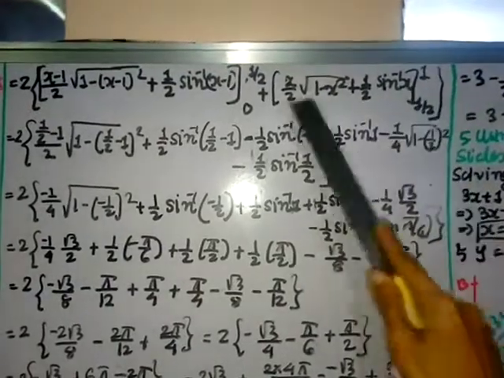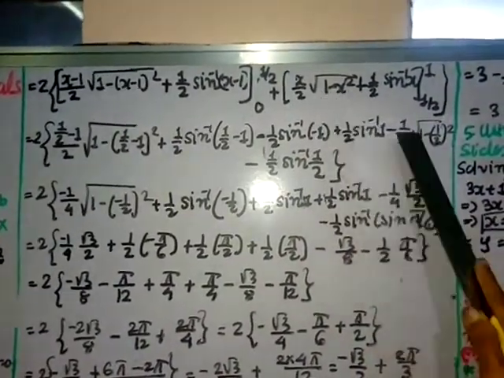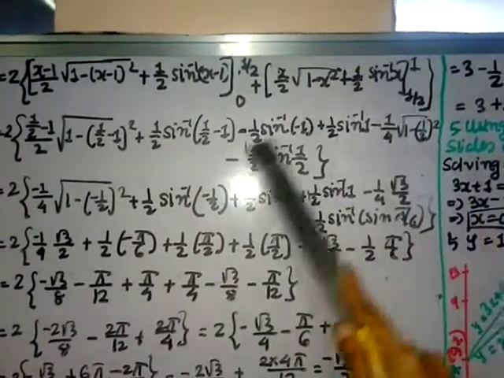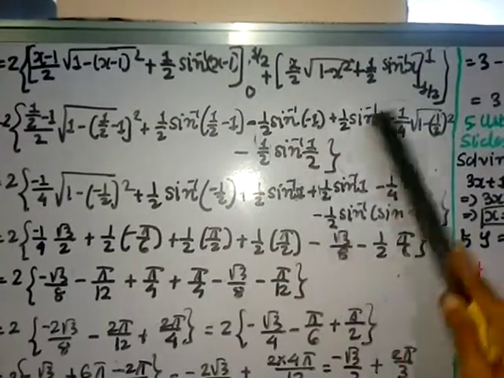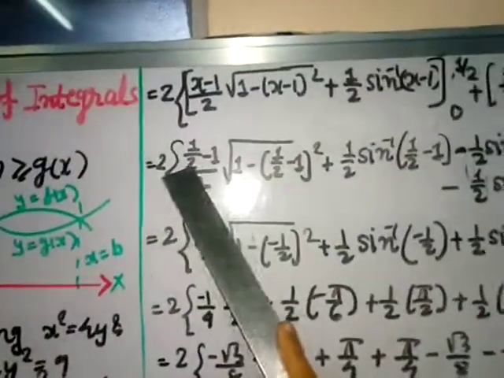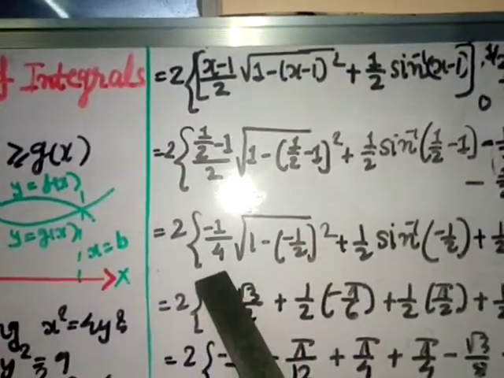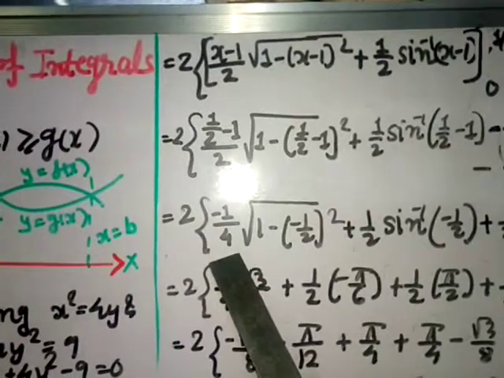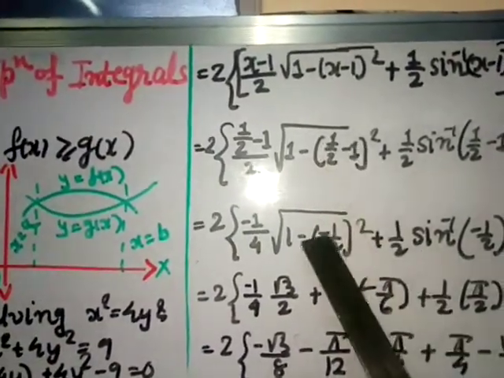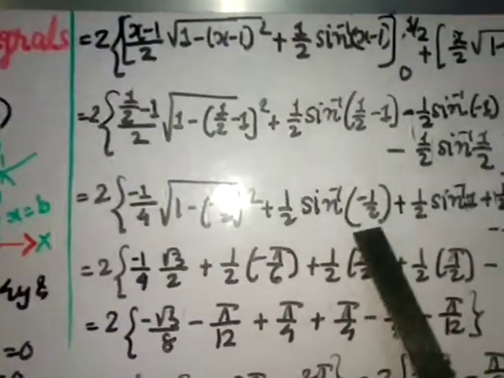Okay, now put 1 by 2. So 1 by 2 into 2 is 1 by 4. Here also put, so square root of 1 minus (1 by 2) whole square. Then 1 by 2 sine inverse 1 by 2 instead of x. Okay, let us simplify it further. So 2 here, 2, 1, take LCM, minus 2 plus 1 gives you minus 1 by 2, which with that 2 you bring here, so 4. And here 1 minus, take LCM, so 1 minus 2 is minus 1 by 2 square, plus 1 by 2, here take LCM, so minus 1 by 2.